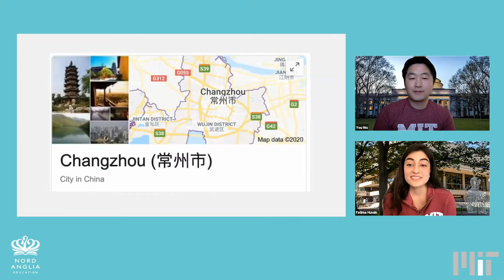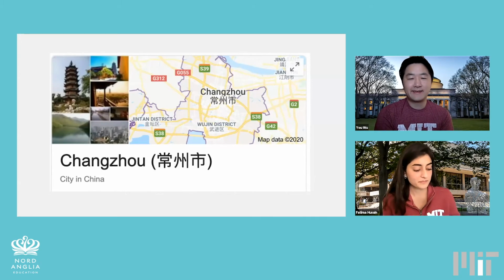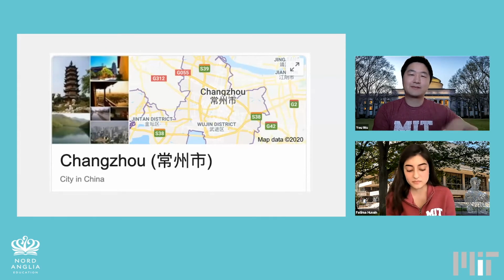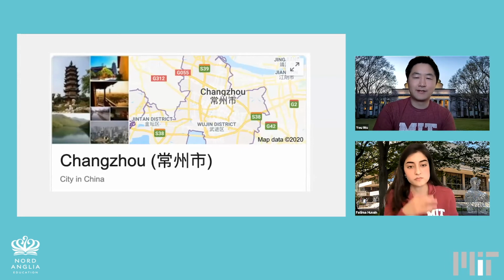And I was also born in China. I was born in a tiny city in China called Changzhou. It's right outside Shanghai, and we have about 3 million people, so it's considered tiny in China. I moved to the US when I was 18 years old to attend college. Through that process, I got to build a lot of things, and I think that's what gradually shaped my interest in robotics.